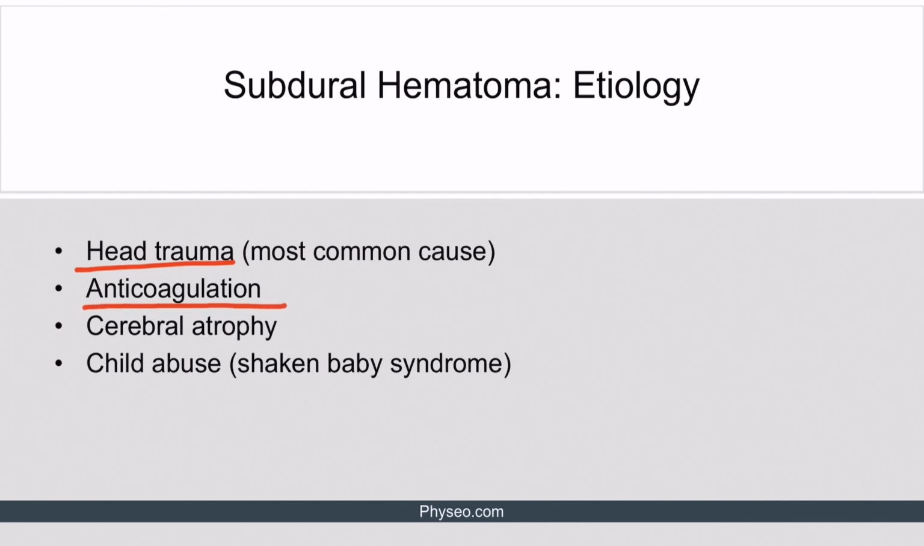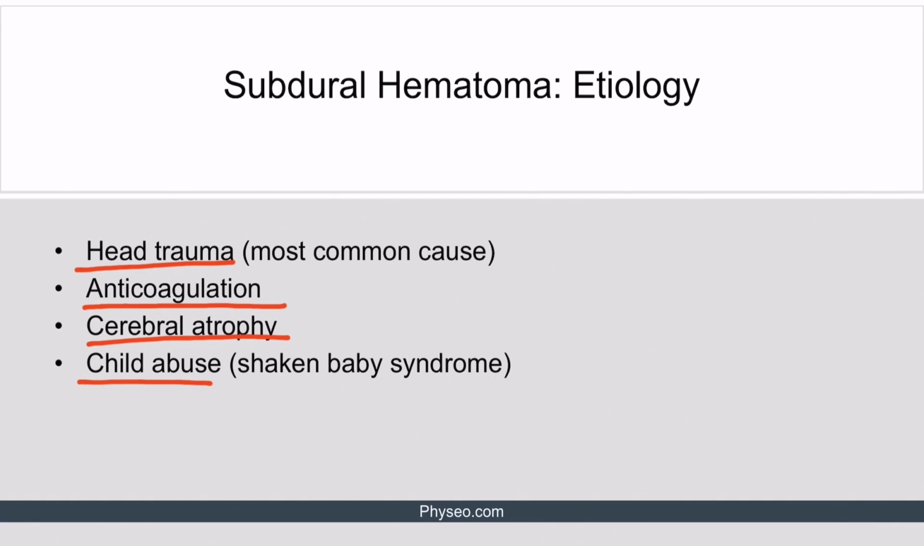Anticoagulation is another contributing factor, and since many elderly patients are on anticoagulant drugs, they are especially at risk. Cerebral atrophy, which is often seen in elderly patients as well, can increase the risk of developing a subdural hematoma. Subdural hematomas may be seen in the context of child abuse, typically as a manifestation of shaken baby syndrome. Therefore, if brain imaging in a young child reveals subdural hematoma, the clinician should suspect that the child is being